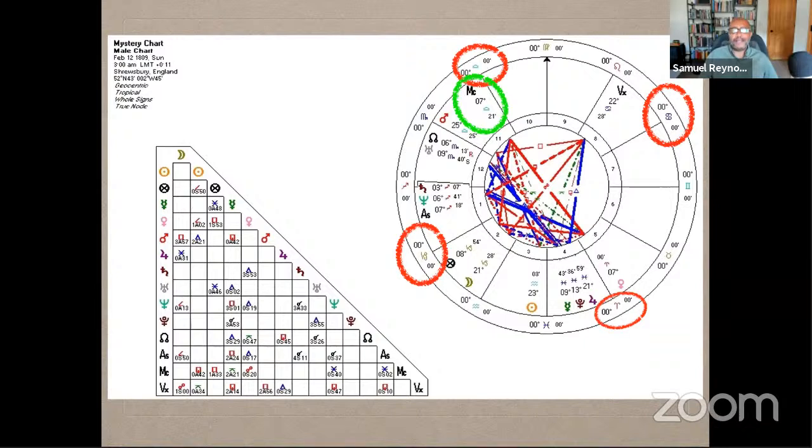Now, why I like to use Darwin's chart is because think about in the 19th century, in the early 20th century, how threatening the idea of evolution was. And it still is for many people. The idea that things progressed longer than the 6 days that the Bible says, or that the world is older than 10,000 years. Had he been born 300, 400 years earlier, he would have been killed.